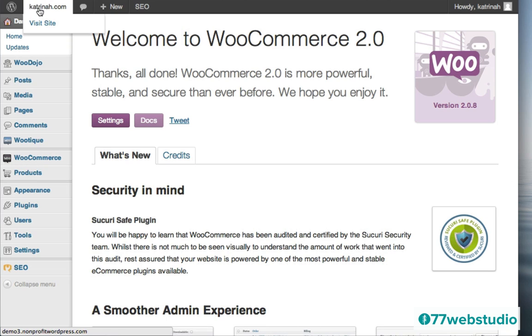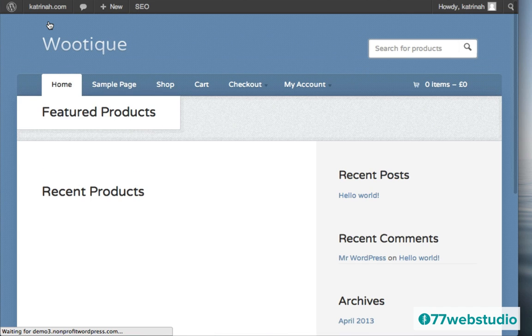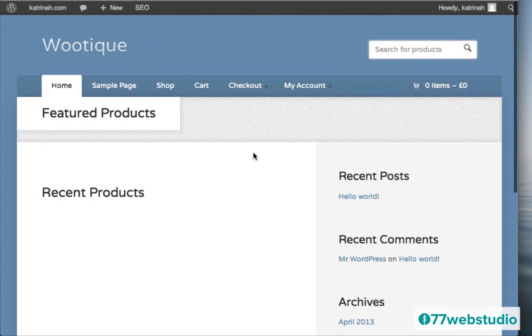So I'm going to go back to the top left-hand side, hover over the domain name, and click on Visit Site to visit the site. And here we see, okay, now we're looking a lot better. We have all of our different sample pages and items here in the menu. We have this filled out a little bit more. And now we can see this toolbar up here at the top, which will make it easy when we're logged into the website to navigate around the website. So this is looking a lot better than it was just a moment ago.